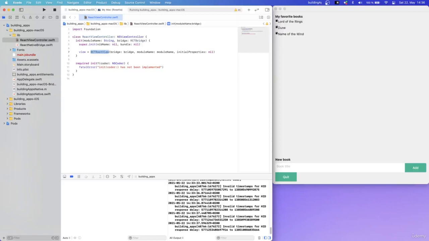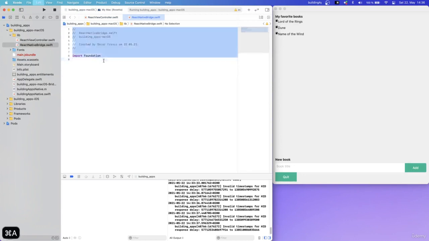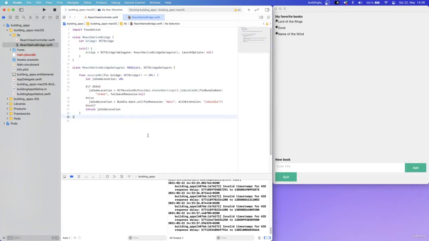Next, I'm going to go into our, give me 1 second. Great, so I'm going to go into I'll save that, and I'm going to go into the React Native bridge, and I'm going to paste our code